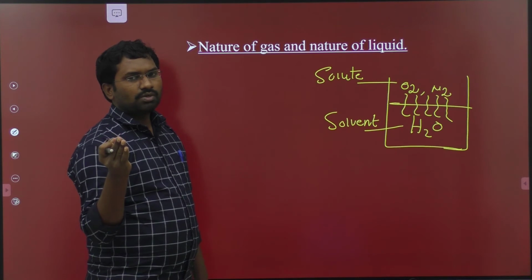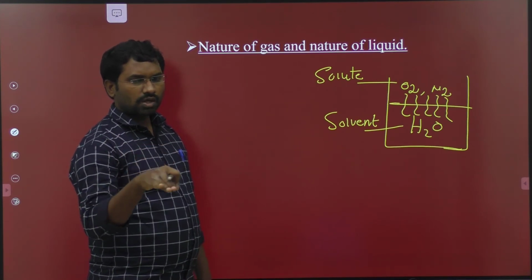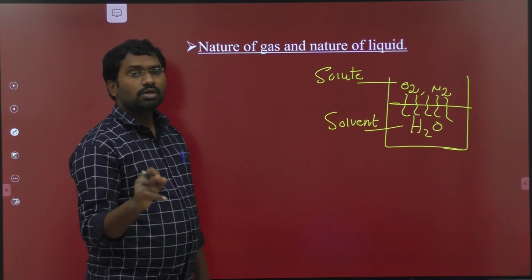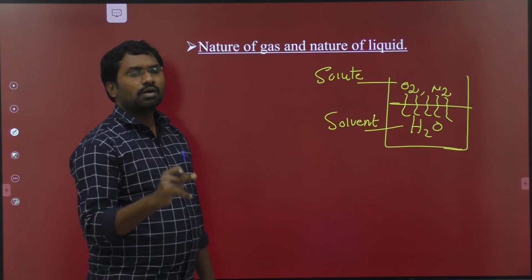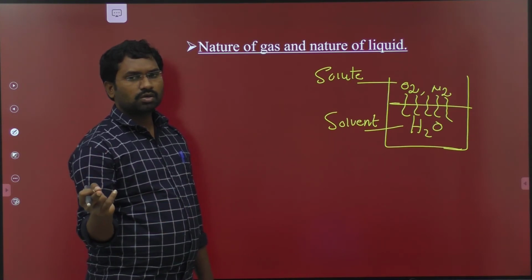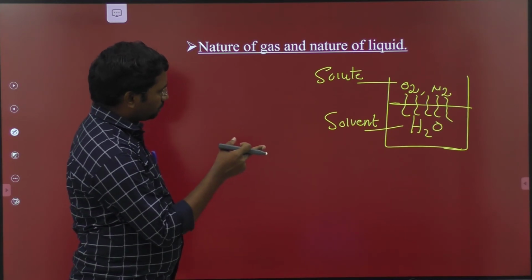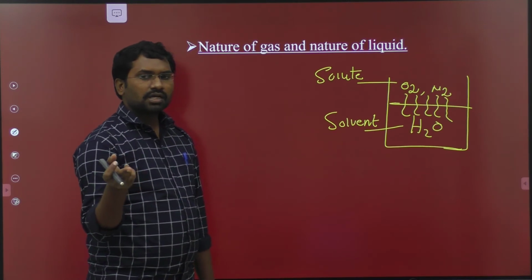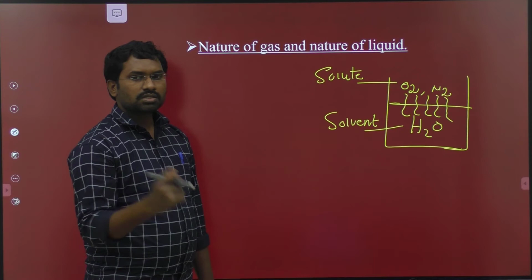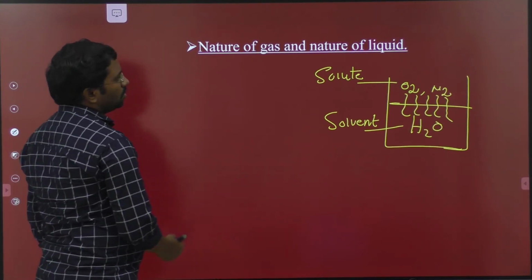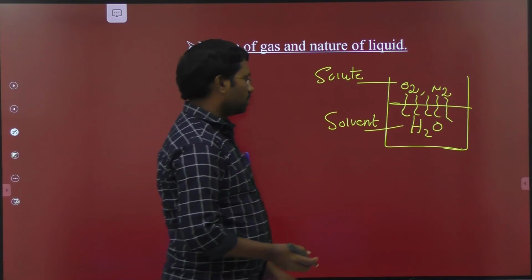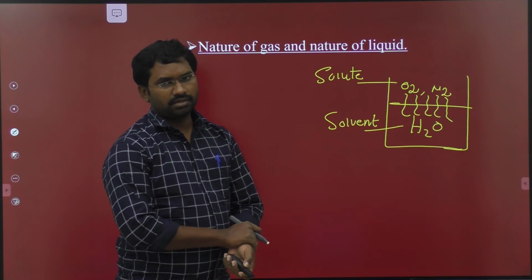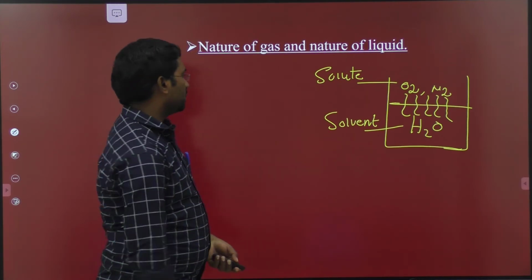So how do we apply the concept here, the solubility of solids in liquid? In the first case we also discussed the nature of the solvent and solute. Polar solutes only dissolve in polar solvents, non-polar solutes only dissolve in non-polar solvents. Here also, polar gases are easily dissolved in water, and non-polar gases are easily dissolved in non-polar solvents. Come to the first example: oxygen and nitrogen passing into the water. The solubility of these gases is to a very little extent. It is not much solubility, very little.